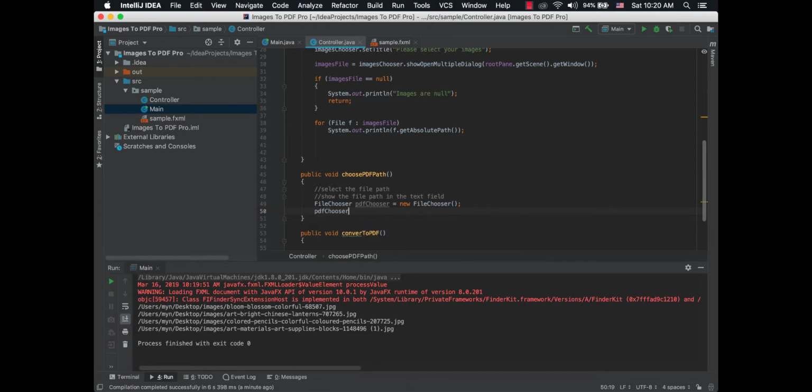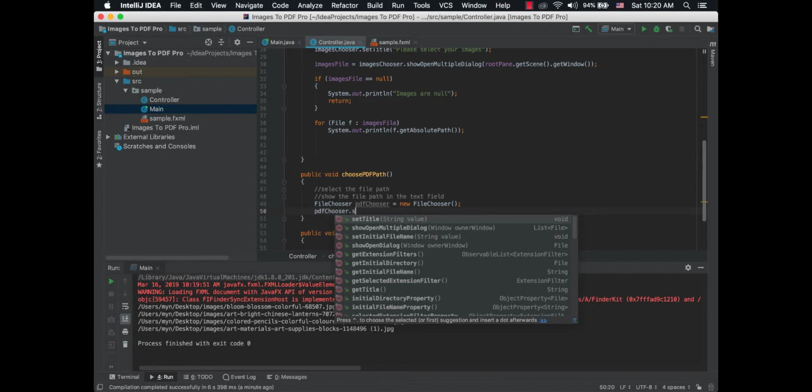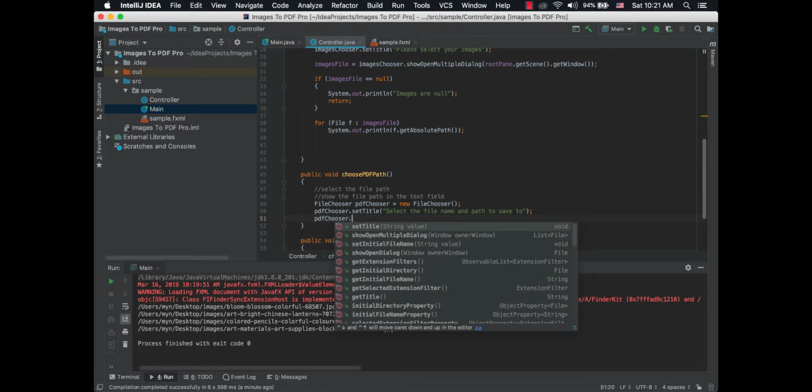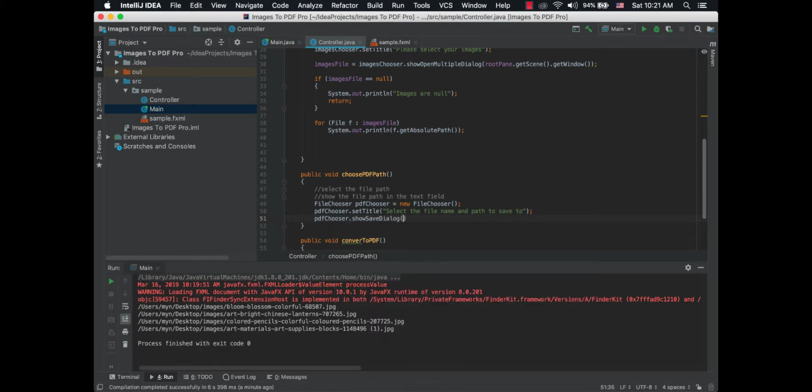PDF chooser, set title, select a file name and path to save to, and we are going to need to open a save dialog. PDF chooser, show save dialog again, root pane, get scene, get window,